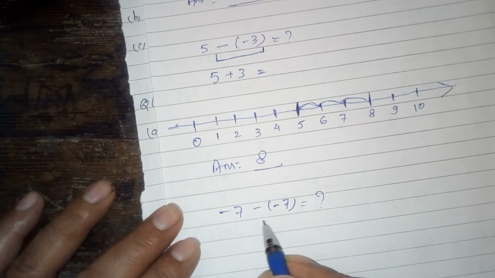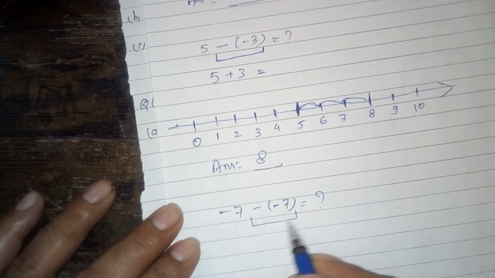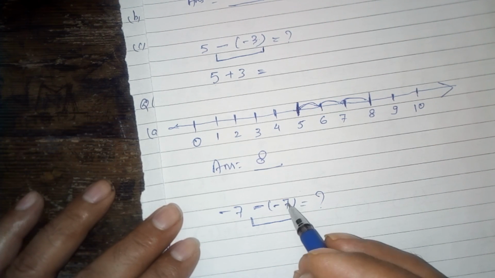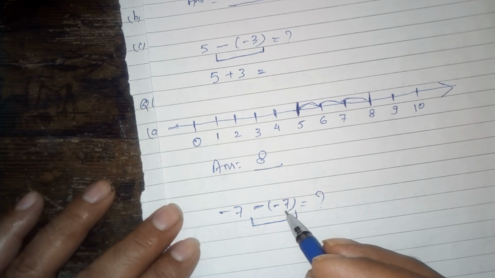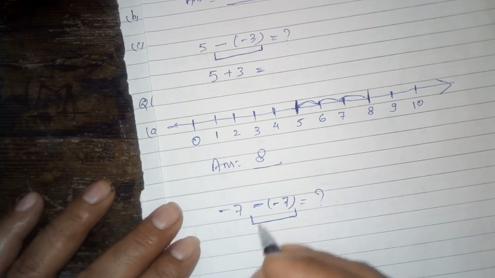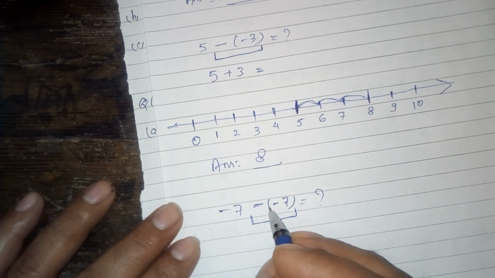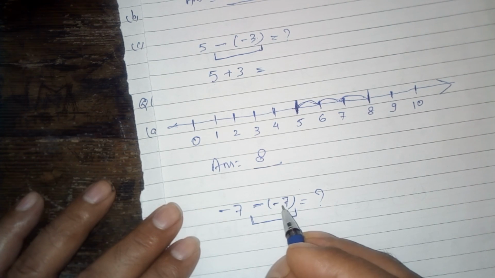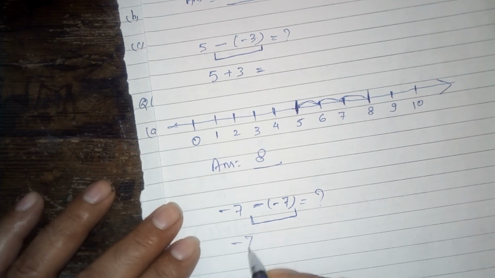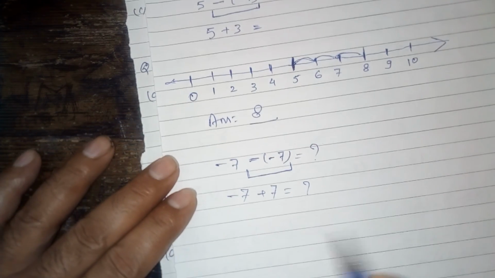Now let us discuss the meaning of this numerical statement. Minus in bracket -7, you know very well this -7 is a negative integer. Okay, and the additive inverse of negative integers is always positive. So -7 and +7.